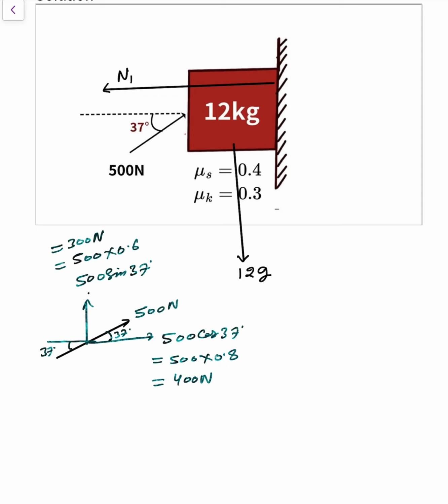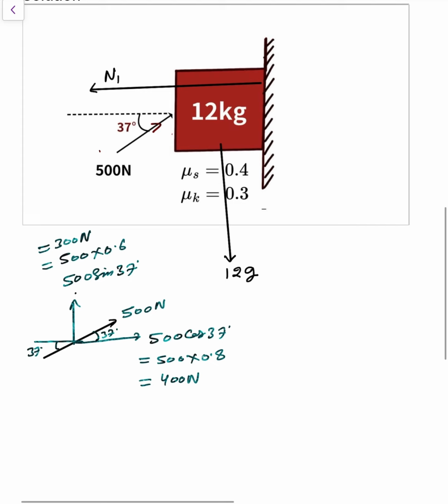Okay, and so after that redraw here the components of 500 corresponding to this block. That is how much? 400 Newton, and in this direction that is 300 Newton. Okay, and frictional force works here in this direction. Clear? Clear or not? So first of all, if you redraw again,